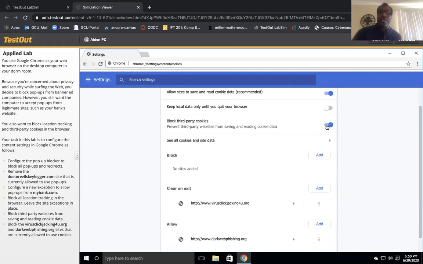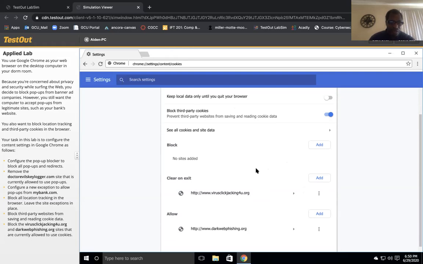The third party is something that you don't access directly. You access the website and it actually launches other websites, and those are third-party websites. It's actually pretty common. And basically you're preventing them from accessing any of your data. Good. And the last, we want to block the virus